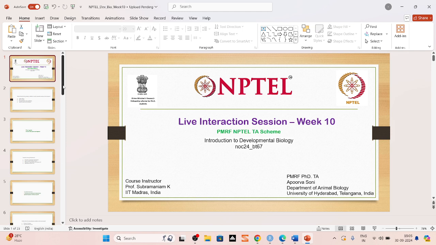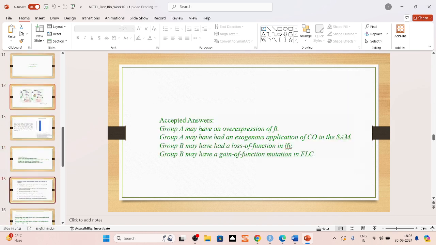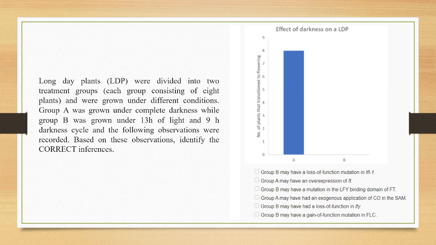So I'll first start with the questions of plants, and then we'll move to the animal, especially the mammalian system. Okay, so the first question is: